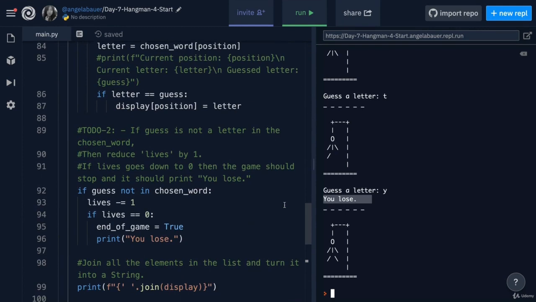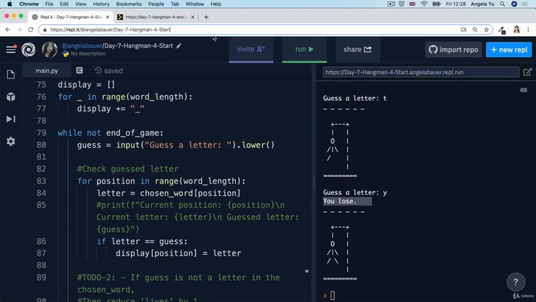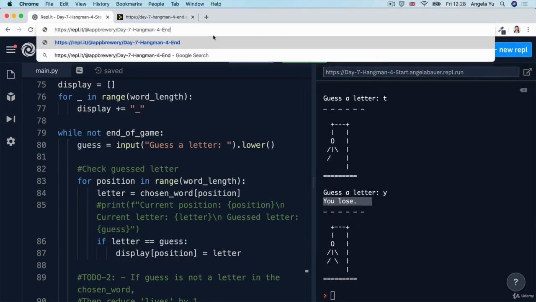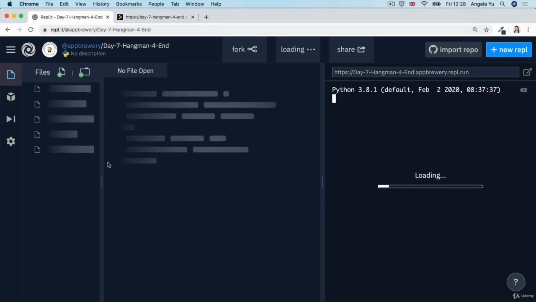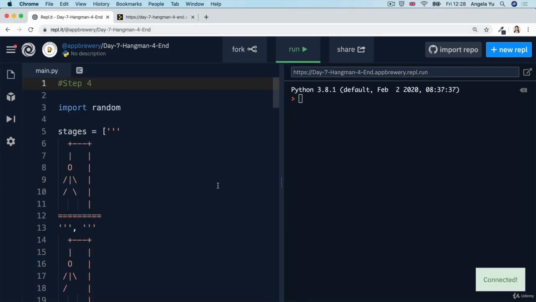Have a quick review of the solution, and if you want to see this code that I've written, then as always head over to the course resources and you'll find a link to Day 7 Hangman 4 End, and you'll be able to see all the code that I've written in there,